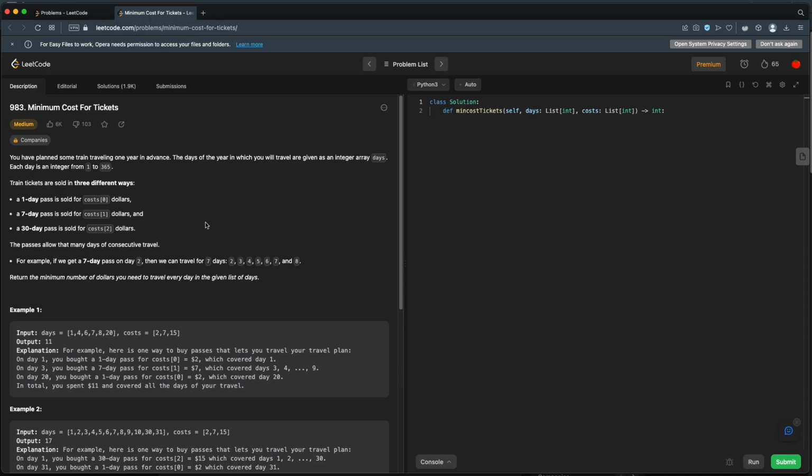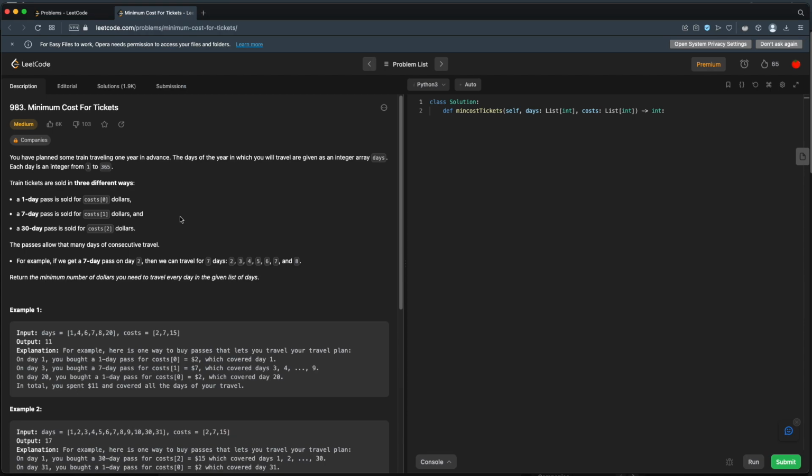Okay, that's easy. What about if we are traveling on day 1? Well, we could buy a 1-day pass, but then we might have to buy another pass the next day. So you kind of want to know if we're going to be traveling for the next couple days, but that can be complicated to try to figure all that out. So you can buy a 7-day pass, but again, it only makes sense if we're going to be traveling again in the next 7 days, and if the number of days outweigh the cost of buying just 1-day passes. Too complicated. So let's just do all 3 options.